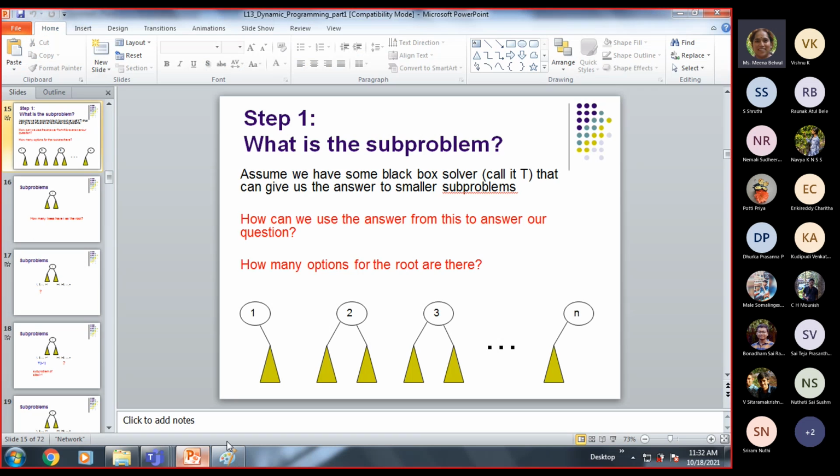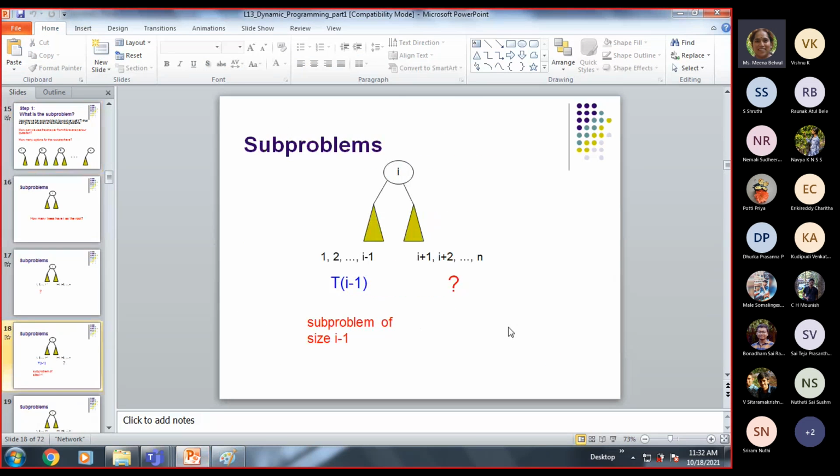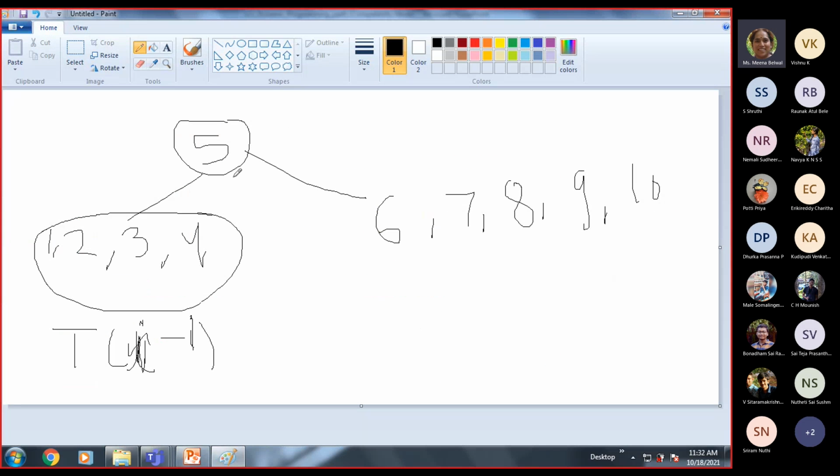This problem will be Ti minus 1, because now I want to find out how many unique trees I will make from these 4 values. Do not take Ti minus 1 as T4, with 4 as a root. It is not like that. Ti minus 1 means how many unique trees I can get with numbers 1 to 4.